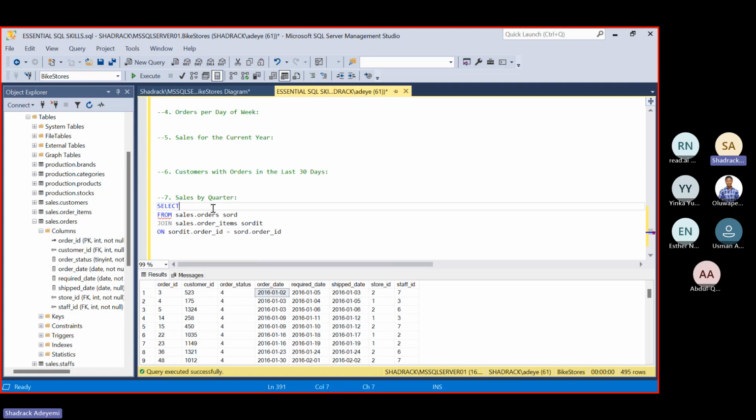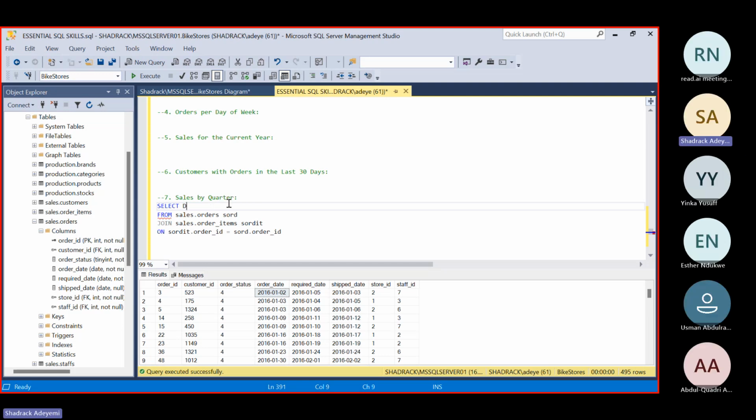Now I am interested in the quarter information. So I'm going to be calling the date part function, and I'm going to be saying, I want the date part function, but I want the quarter information from this table.